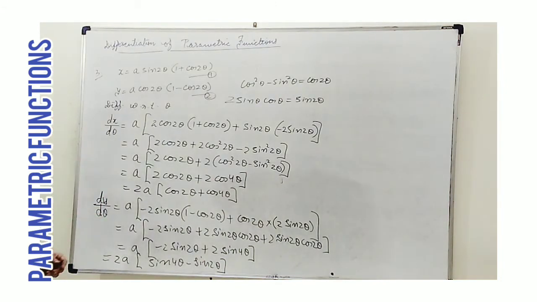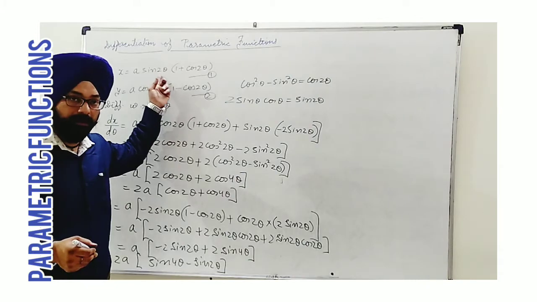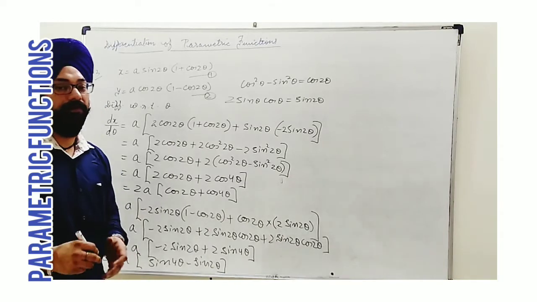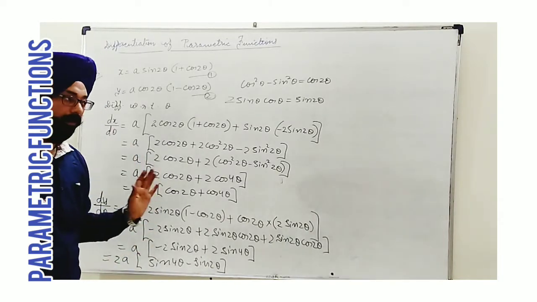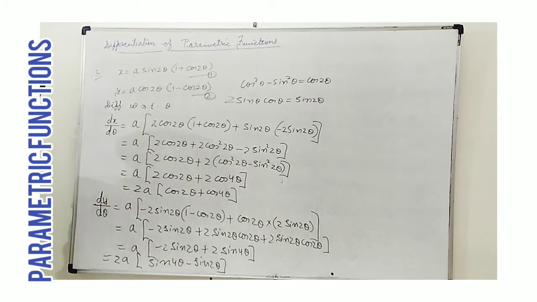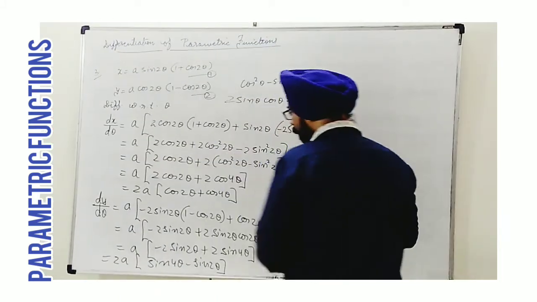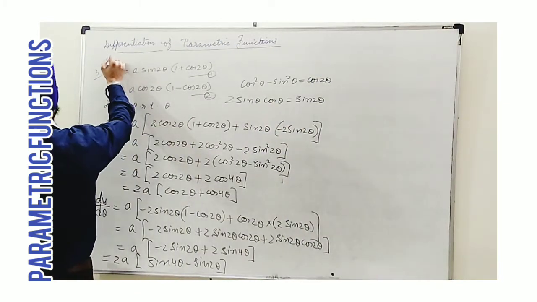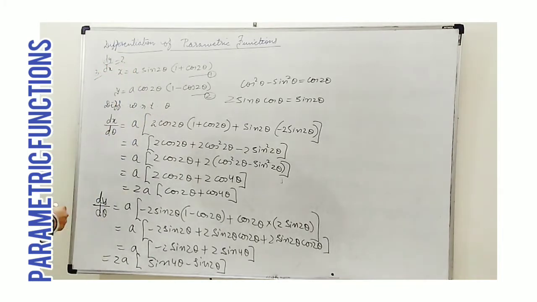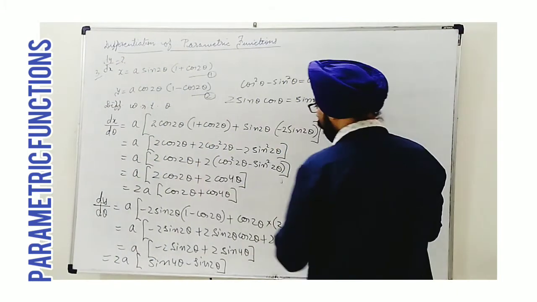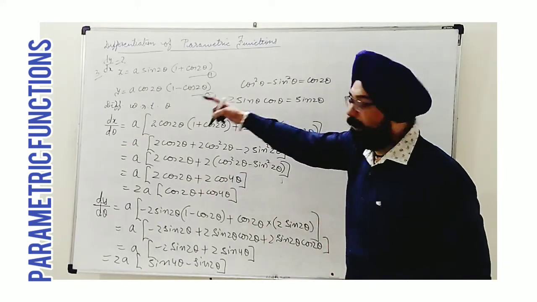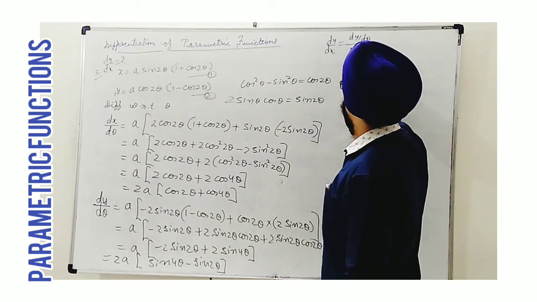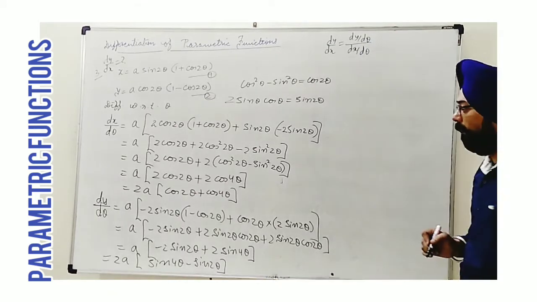This I have done according to the student's point of view. Otherwise, a few identities are applicable in the beginning, and the given functions can be simplified further, and then differentiation will turn easier. Okay, but still, as I said, we will follow the method which is applicable in general. So I need dy by dx for this function also. We need to find dy by dx in the parametric function. Actually, this is what is given to find. So dy by dx will be obtained by dividing dy by d theta by dx by d theta. Dy by dx is equal to dy by d theta upon dx upon d theta. Now putting the values.